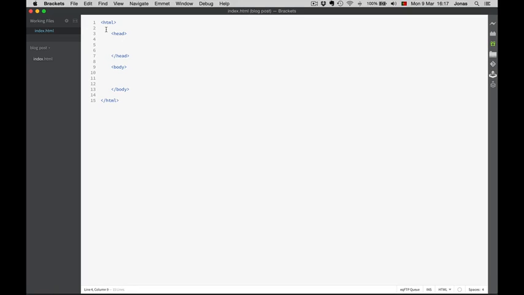But actually, there is one thing missing here, and that's the so-called doctype. The doctype declaration must be the very first thing in your HTML document, even before the HTML tag. So let's just put it here. It goes like this, doctype